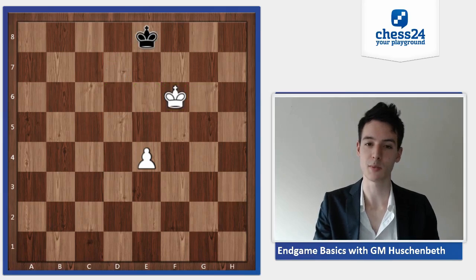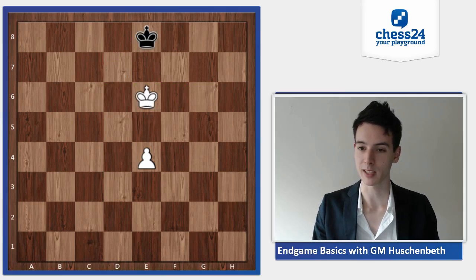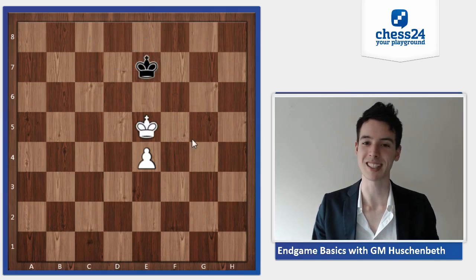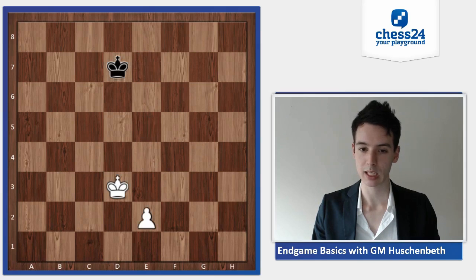And this position is already familiar to you, and you know how white wins. And the same thing is true after king f5, king e7, king e5. We have seen this already a couple times in this video. So let's go to the next example. Okay, here